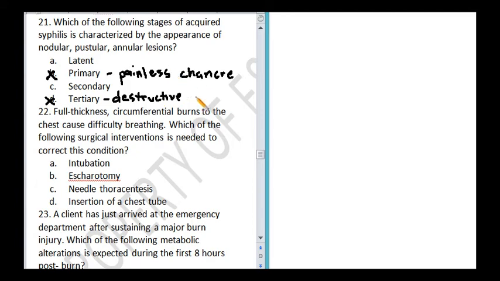Let's eliminate D because tertiary is characterized by destructive lesions, because they already involve organs. So it's not D either. So it's between A or C. Answer, letter C. Nodular, pustular lesions, remember, arise in the secondary stage. C is the answer. Next,